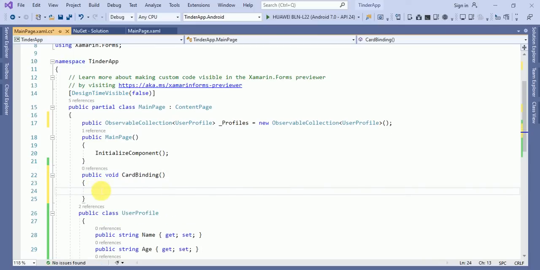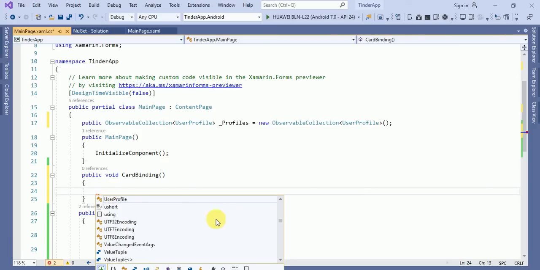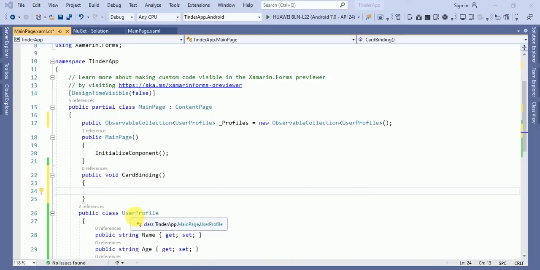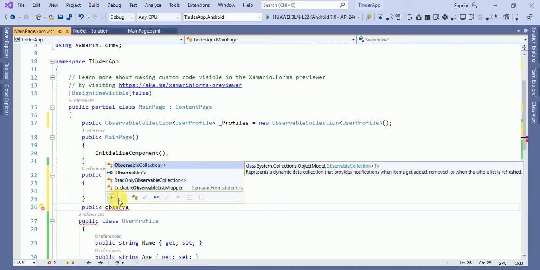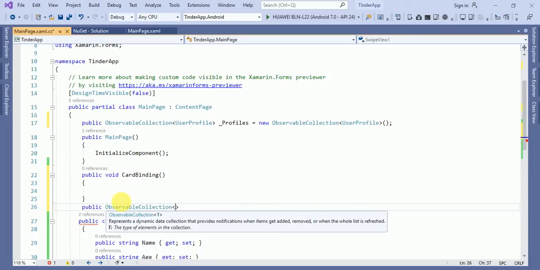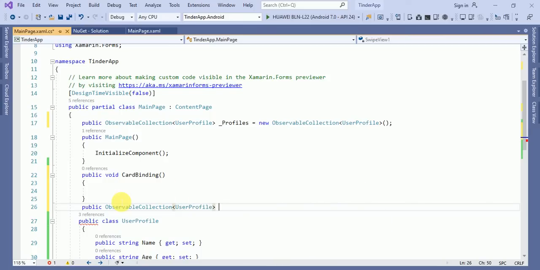Okay, so in the card binding, what we will do, user profile, profile.